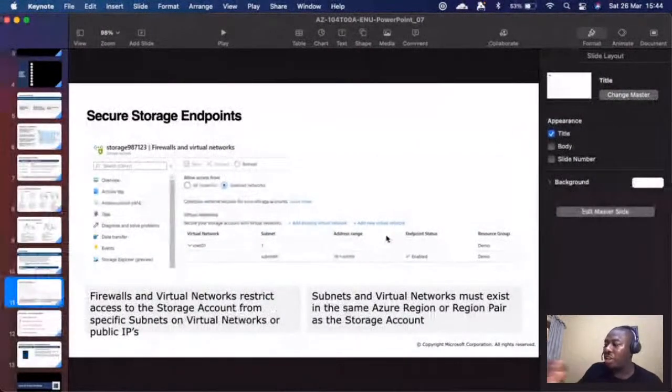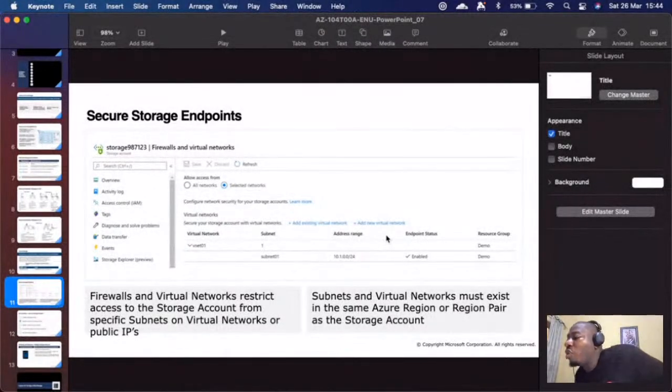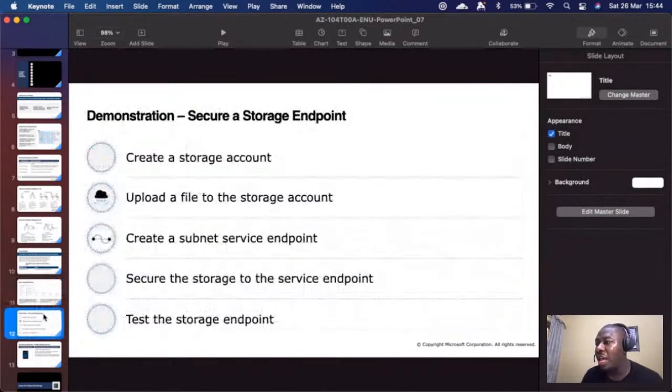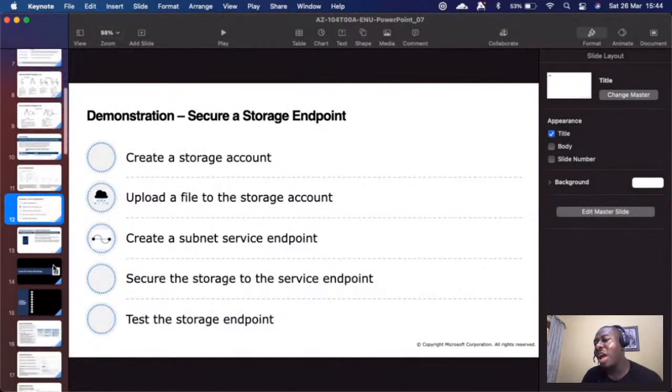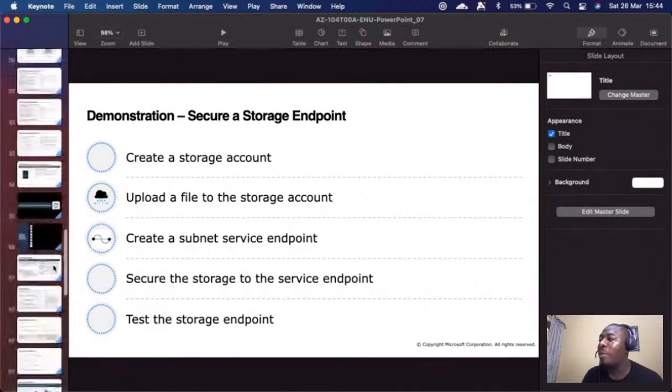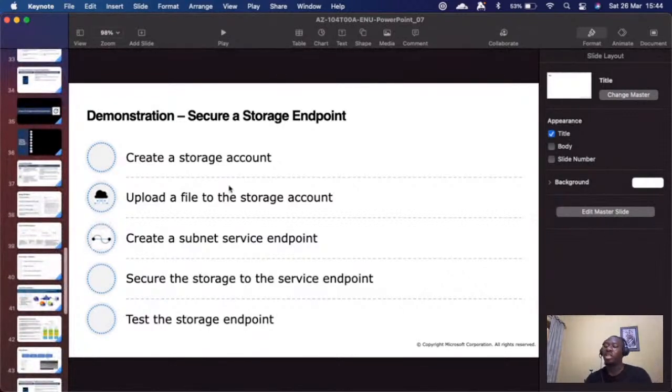All right. So I just explained to you how it is possible to restrict access to a storage account, right? So we've just seen that in action. Now, another thing we'll be looking at here is, I will call it, a short demonstration on how to create a storage account, right? And I think probably we'll be stopping the series here.